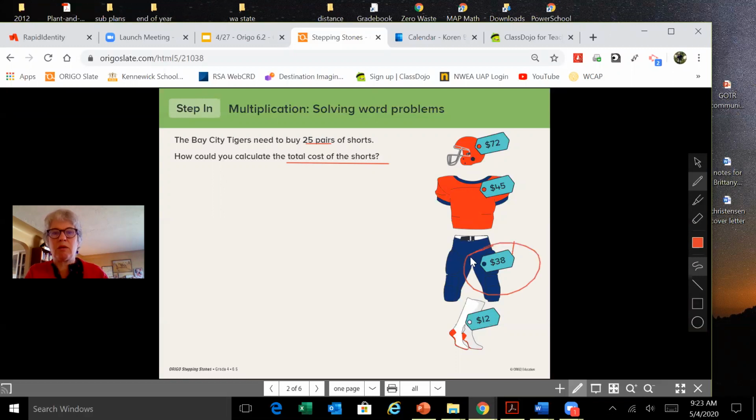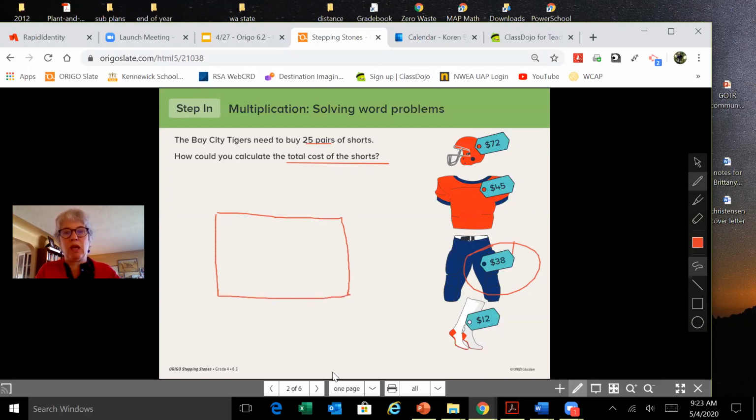we are going to be figuring out how many pairs 25 would be. Now, some of us might be thinking, oh, I'm going to be adding 38 25 times, and that's a lot of work. And so we're going to be working on doing this with the array method. So I'm going to draw a rectangle. It's going to be messy. Okay. And I'm basically multiplying 25 times